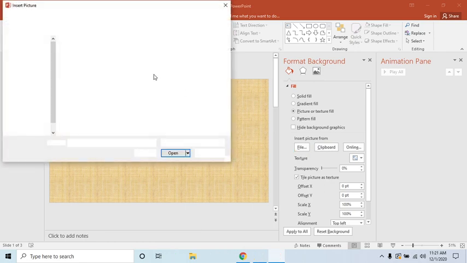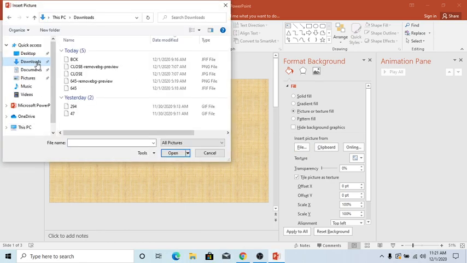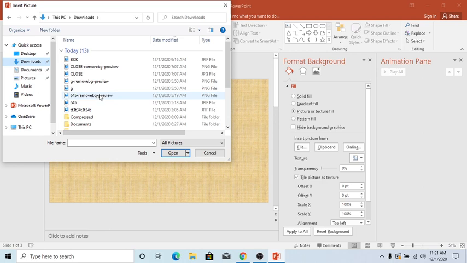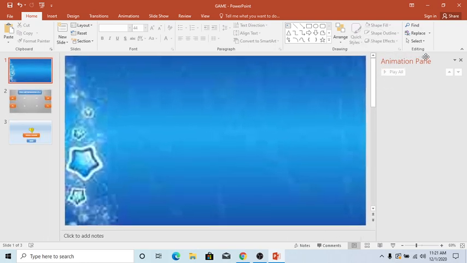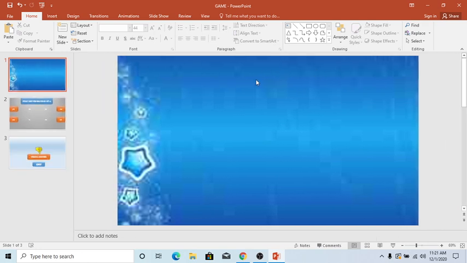So whatever we require, we can change accordingly. And then we move on to, yes, this is the picture that I have taken from the website. So you can choose any picture of your choice, and then close format background, even close animation pane.